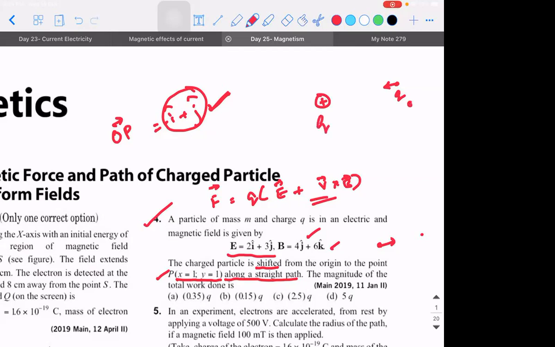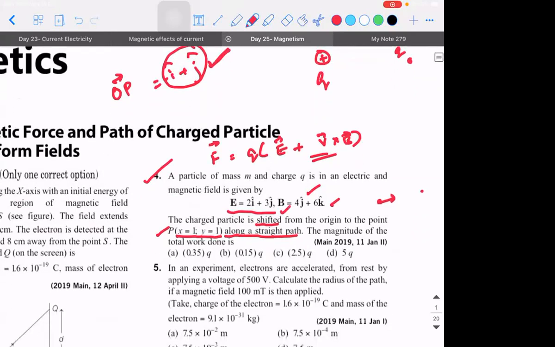From infinity when you are moving the test charge, it should be moved as slowly as possible. Because at every stage I want only potential energy to exist between them. I don't want kinetic energy. So if he had said shifted slowly here, I would have taken v vector definitely to be 0. But I don't have an answer for that. There is still an ambiguity in this question.